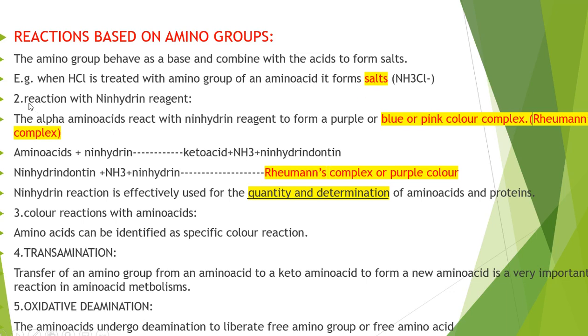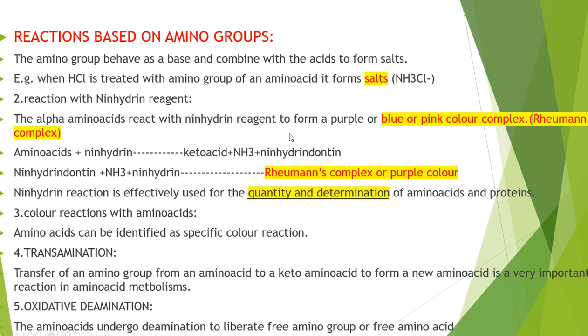And then the very important reaction of amino acids is the reaction with Ninhydrin reagent. What is this Ninhydrin reagent? This Ninhydrin reagent is a chemical especially used to quantify and determine the amino acids and proteins in samples. And what is this reaction? Amino acids, when combined with the Ninhydrin reagent, form a keto acid and ammonia and